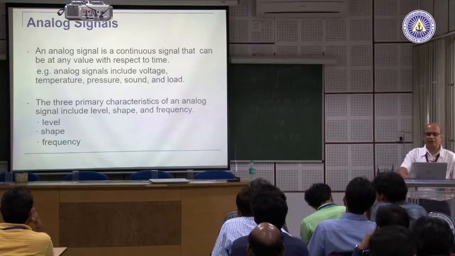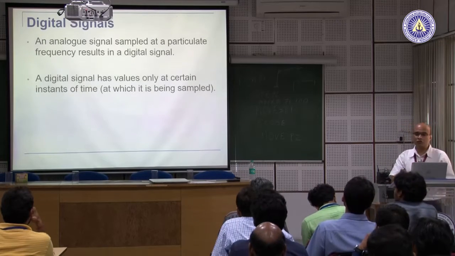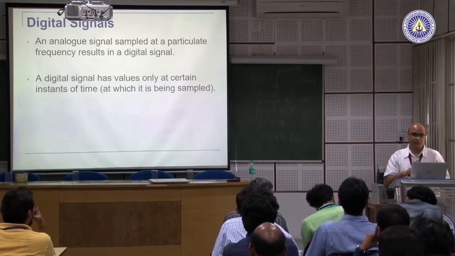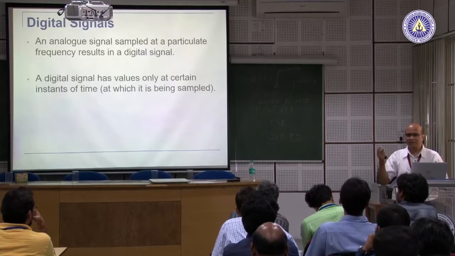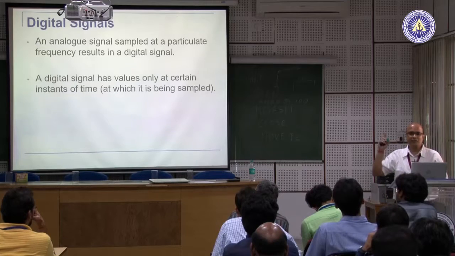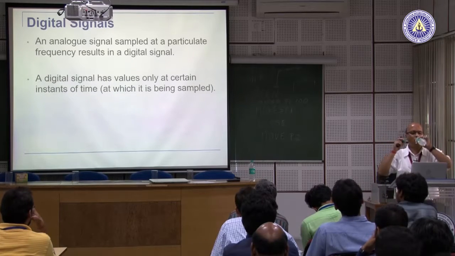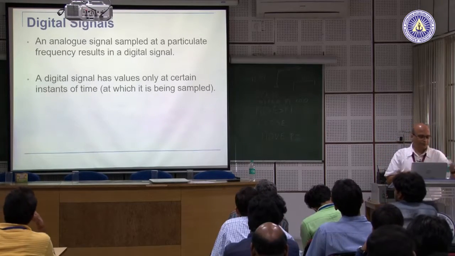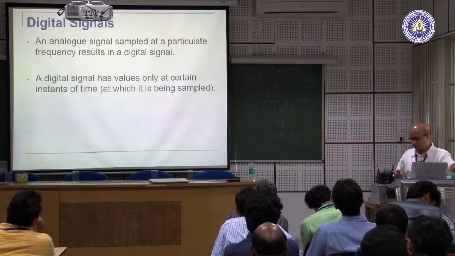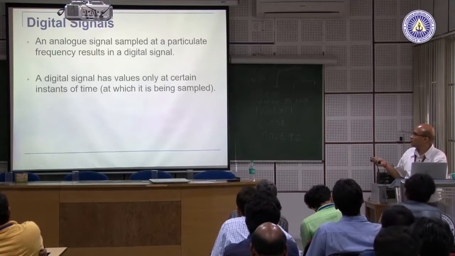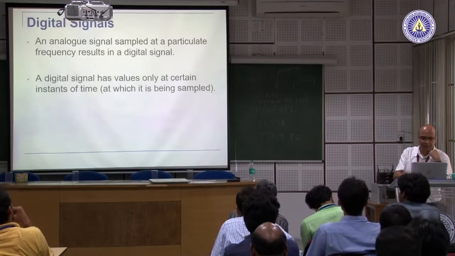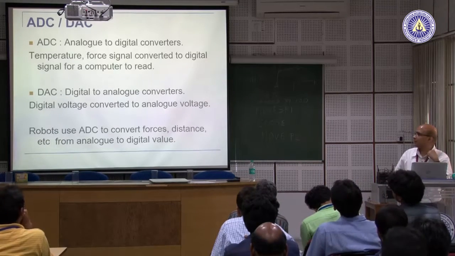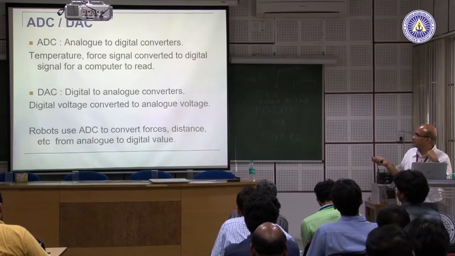There are other kind of sensors, for example, force, torque, okay, temperature, pressure. These are not on off kind, they are analog sensors. So, they give a continuous reading in terms of time. Now, a robot cannot understand analog signals, so there must be some kind of conversion which takes place, okay. So, there are analog signals which are converted to digital signals, and that is basically ADCs. So, analog to digital